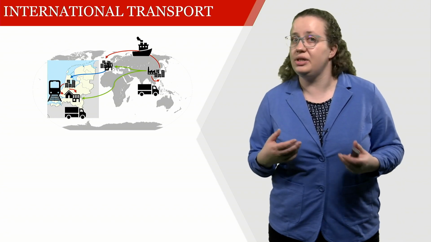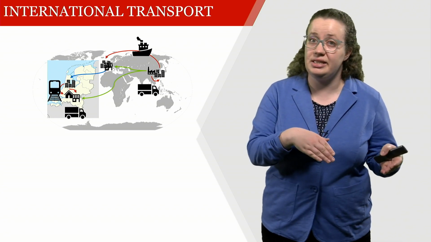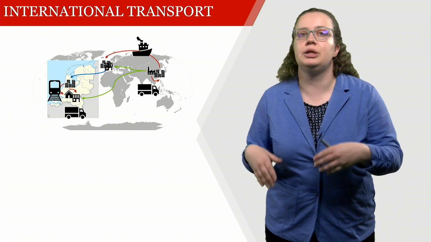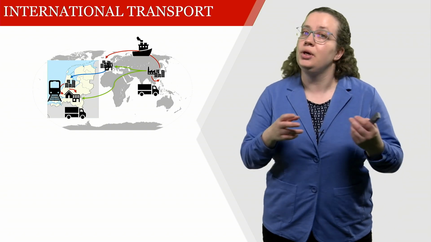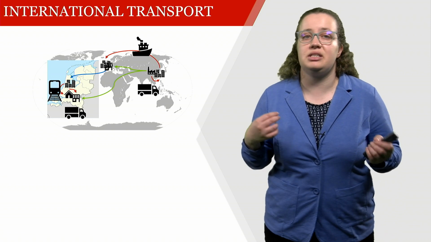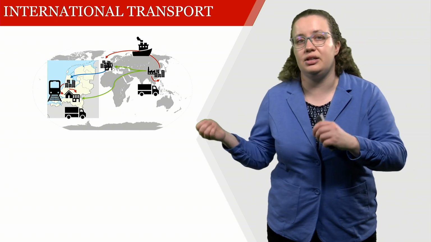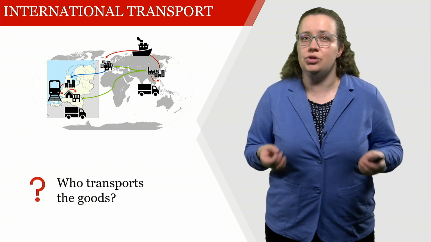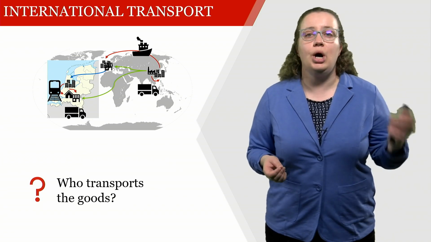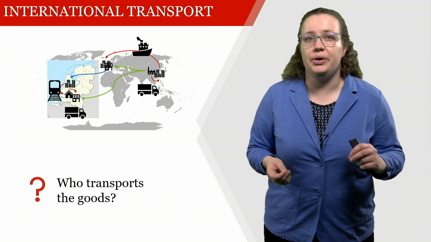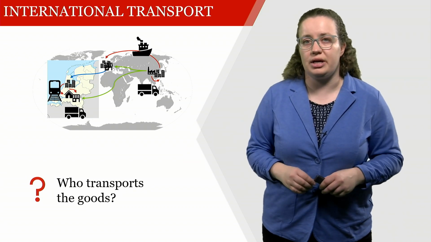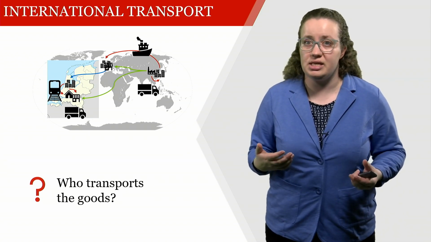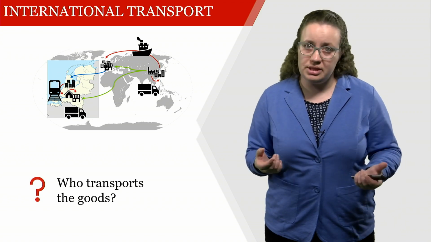For example, they take a truck from the production facility of their supplier to the harbor, then they go by ship to Rotterdam, and from Rotterdam they take a train to Eindhoven and then a truck again for the last leg. But the question is still, who transports these goods? Who operates this boat? Who operates this truck? Is this all Lithography SE themselves, or do they use a different company?